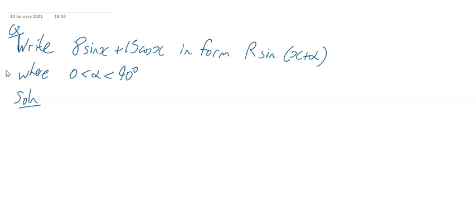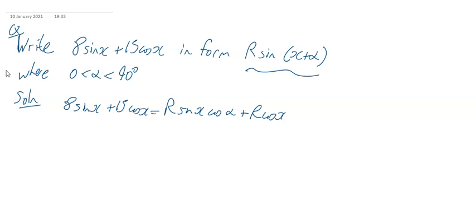Okay, first of all, we're going to write this thing out the long way. So we're going to say 8 sin x plus 15 cos x is equal to, and if you write r sin(x plus alpha) out the long way, you're going to get r sin x cos alpha plus r cos x sin alpha. Now what we're going to do is equate the coefficients of sin